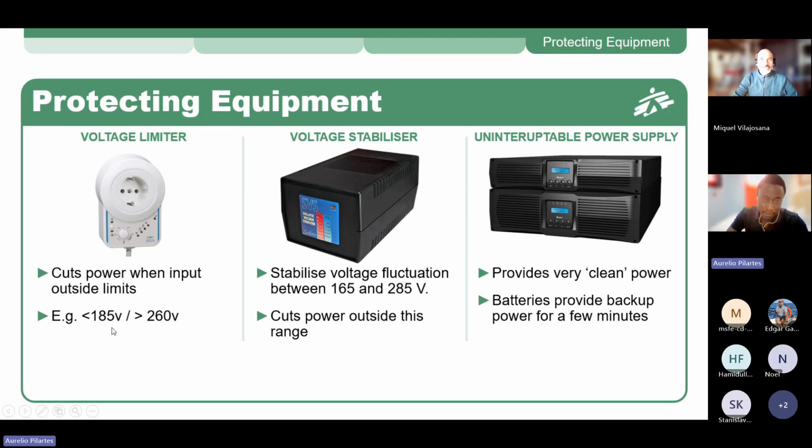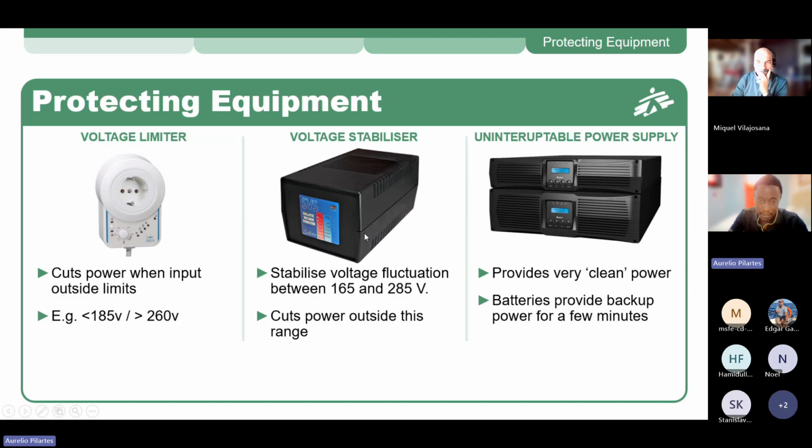Then I was talking about the range of volts for a voltage limiter, for example. They usually have 185 to 260. This range can also vary depending on the specific model and the brand of voltage limiter you are using. And for some of them, you cannot modify the range. There might be more advanced brands or specifications where you could change it, but for most of them you can't. So you have a range that is narrow enough to protect your devices and keep them running.